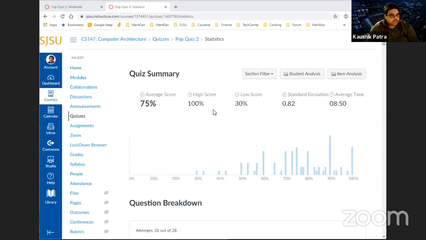So we see that our average score is 75%, pass mark. That's okay, I think, but we could do better on this part. The pop quiz is supposed to be on the current topic, but it was on the previous topics, and you already did quiz one, which had a good average marks, I see. So let's keep up our good work. And next time, probably 85. Let's target that.